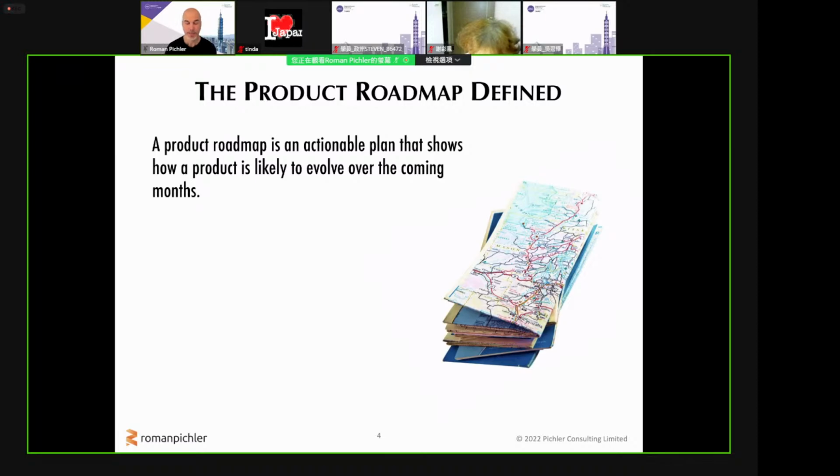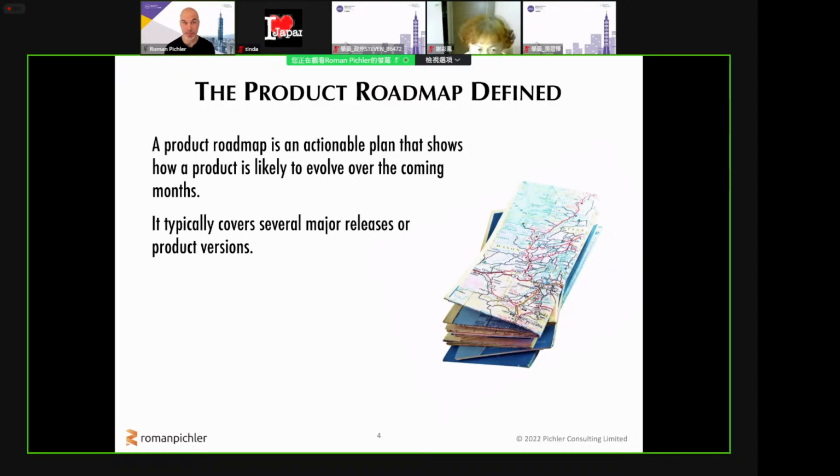So it's an actionable plan, and it typically covers several major releases or product versions. A major release or product version is something like, say, iOS 16, where the changes to a product typically have a noticeable impact to the end users. So there's a difference for the end users. There's a specific benefit that this new software version or new product offers, or a significant impact to the